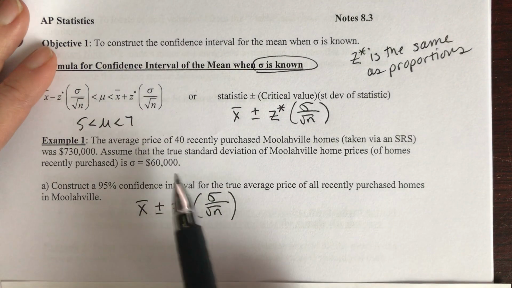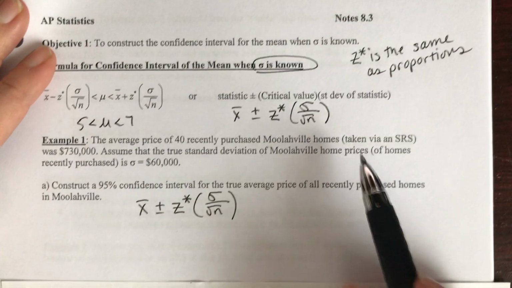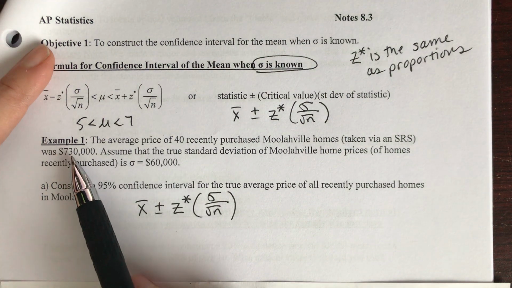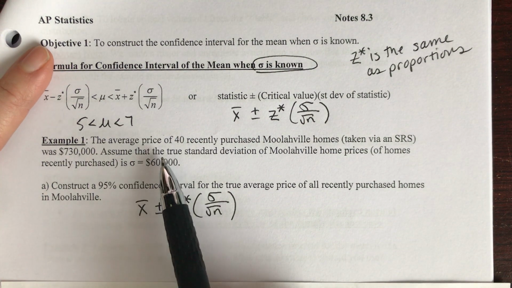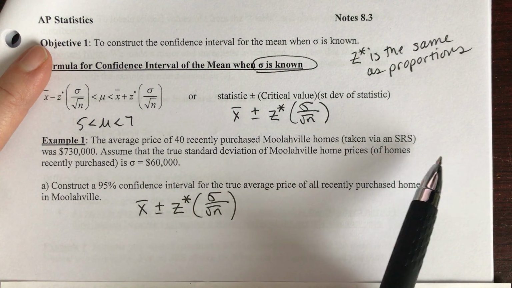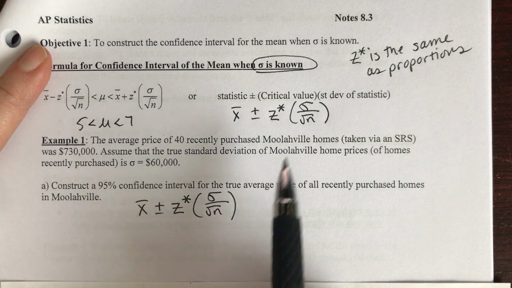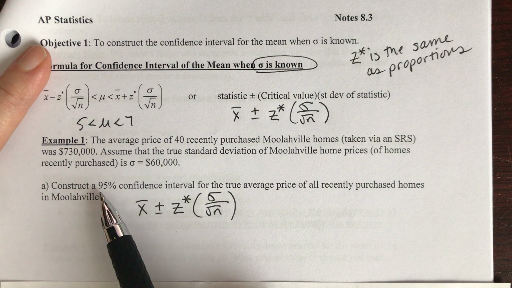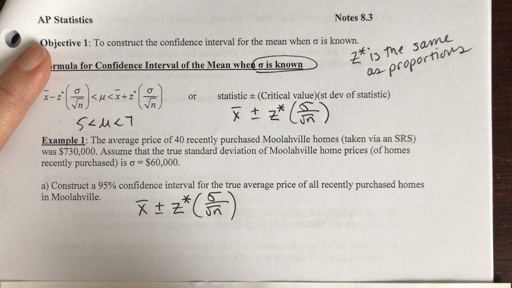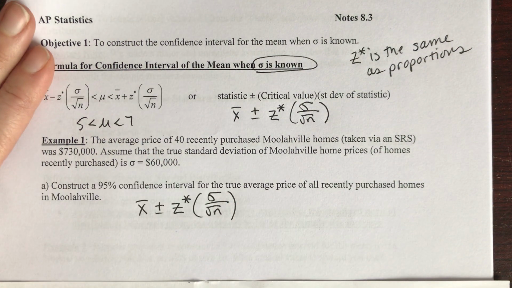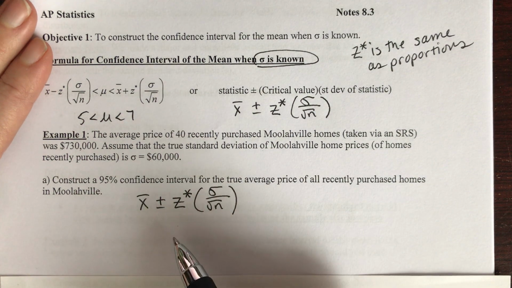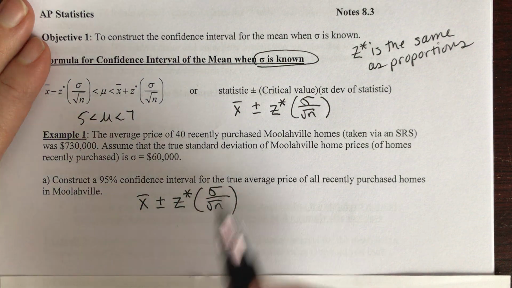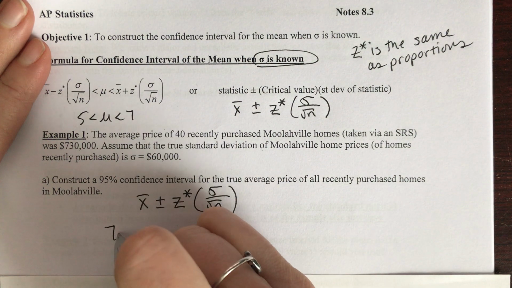The average price of 40 recently purchased Moulaville homes, taken via a simple random sample, was $730,000. Assume that the true standard deviation of all home prices is sigma equals 60,000. We want to construct a 95% confidence interval for the true average price of all recently purchased homes in Moulaville. Our process is going to be very similar to proportions, except this time we're talking about averages. So we're going to have 730